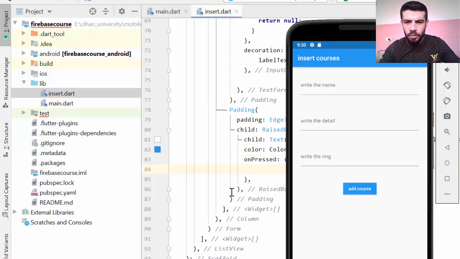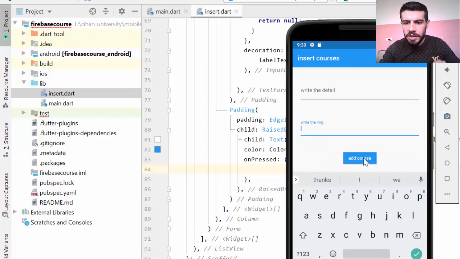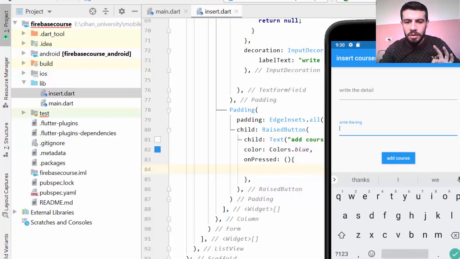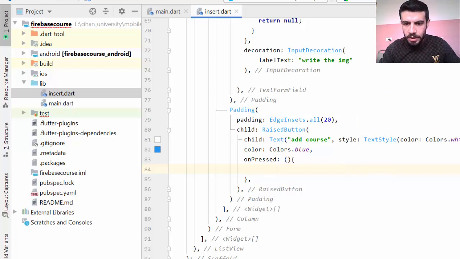Now you can see we have three: write the name, write the detail, and write the image. Now if you write anything here and then add the course, when the user presses add course, on pressed, I want to implement a method to send the data to the Firestore, right? So here I just want to add a method, for example, send